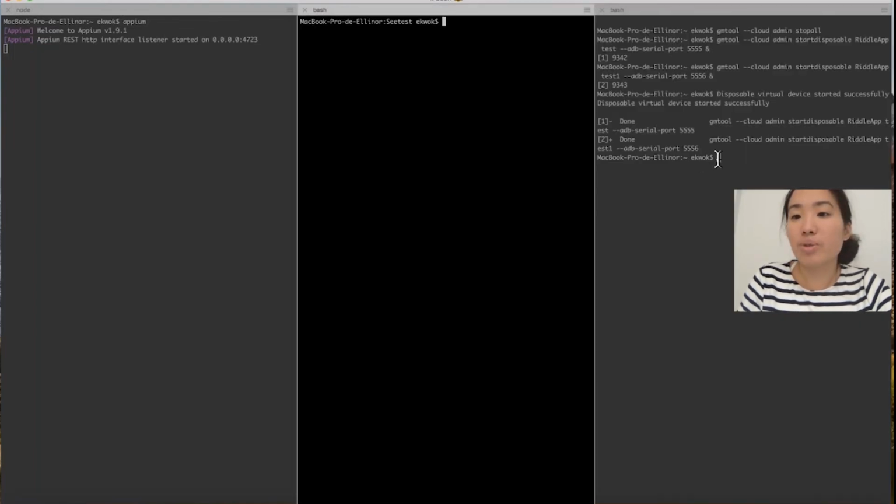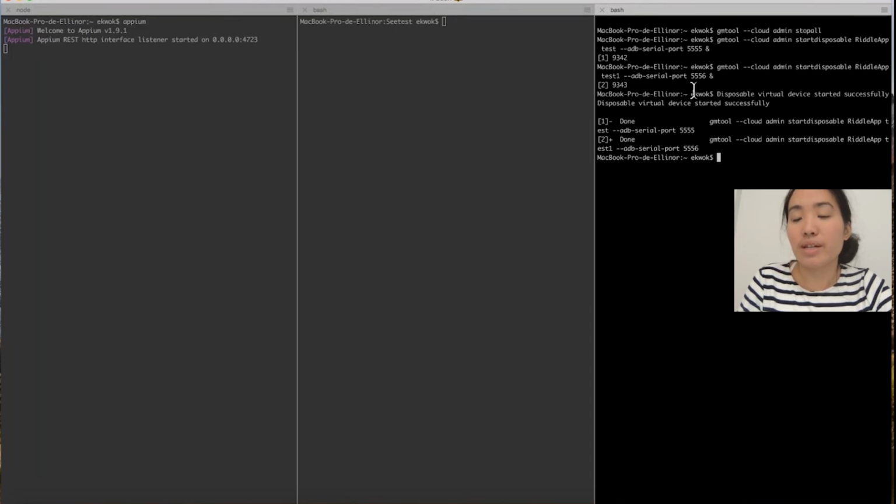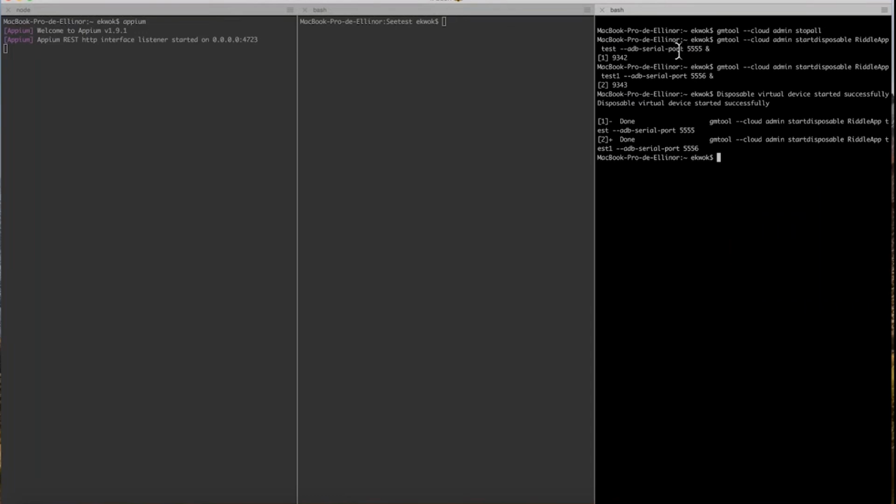So here on the right I started 2 devices from a command line, which is GM tool, that handles the lifecycle of the virtual devices in the cloud. So when we start the devices in the cloud, there is a connection that is done directly with the devices in the cloud, so that the test that you would run locally will also run in the cloud easily. Why? Because for those who know a bit about Android, we have this